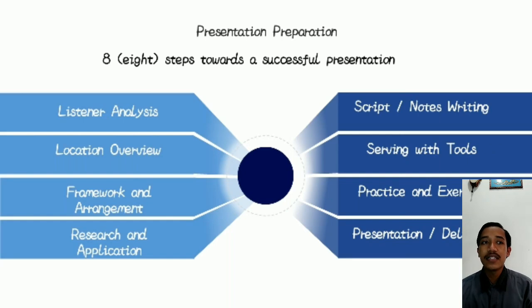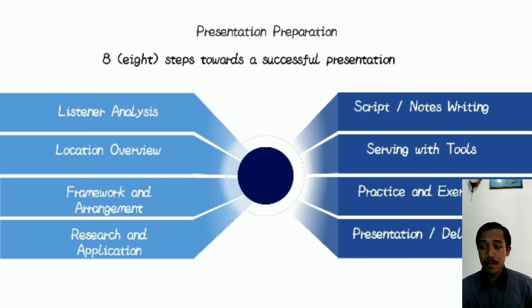And the 6th point is serving with tools. To improve the delivery of the message, audible, the third law, presenters must master the use of visual aids such as slides, overhead projectors, LCD, in-focus projectors that are directly connected to a computer or notebook. It is easier for most people to grasp information in the form of visual images than to listen to it. And the 7th point is practice and exercise. Techniques to be considered in practice: sound, visibility, behavior, be yourself, confidence, target, don't have too much information, do not be too long.